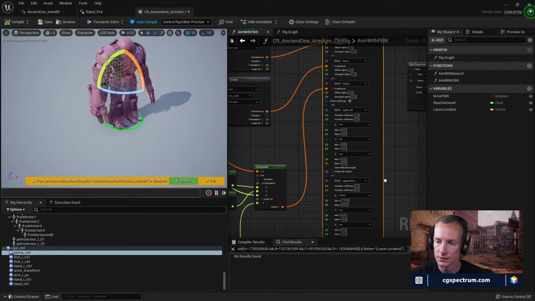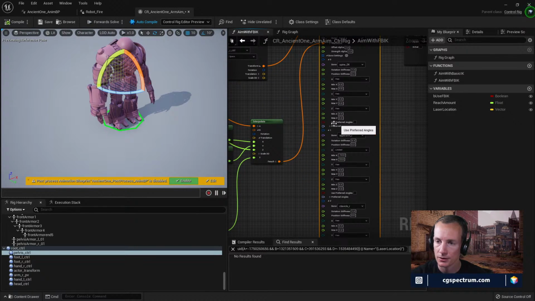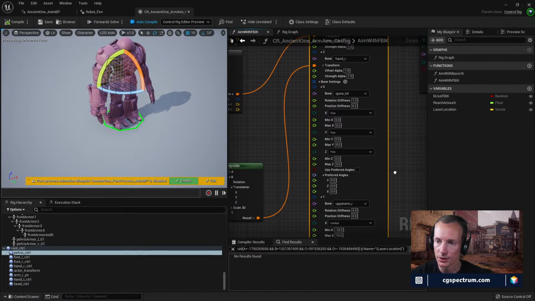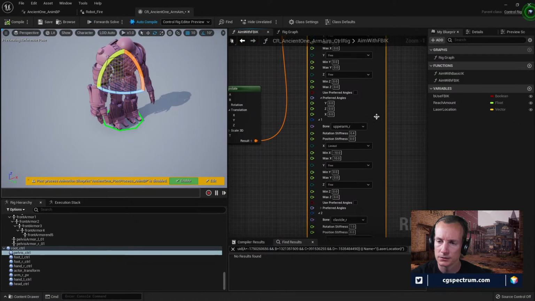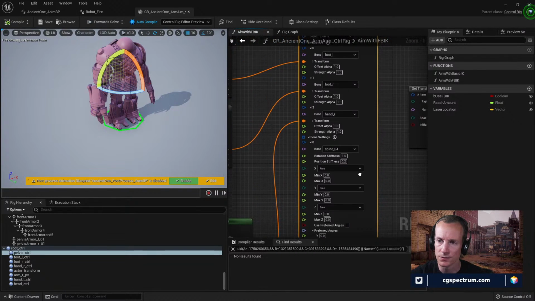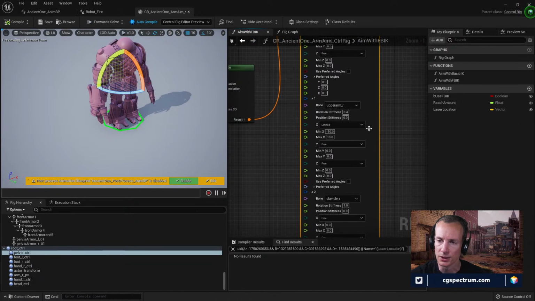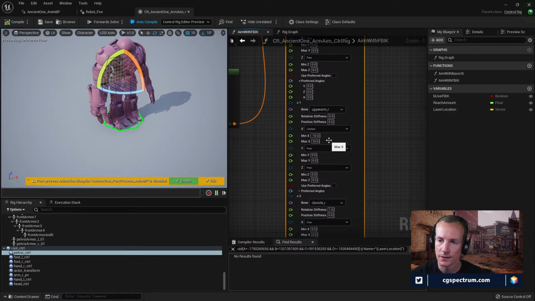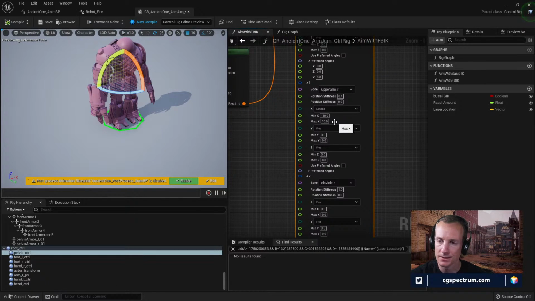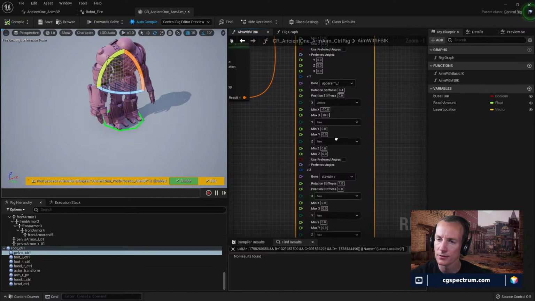Modifying the spines, the upper arms. Let's see what kind of preferred angles we have. No preferred angles. Rotation stiffness 1, position stiffness 2 for the spine. Huh. That's spine 4? That would be the end of the spine. Upper arm. Oh, wait. There's more stuff too. Limited X. -10, +10. So the upper arm can only rotate very small, or